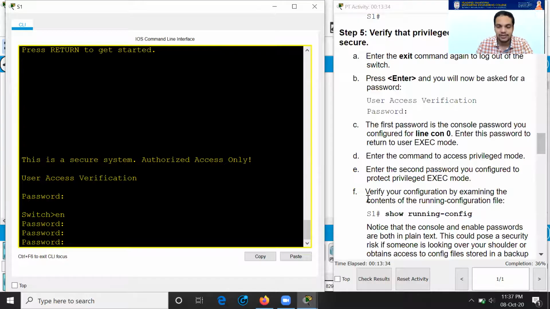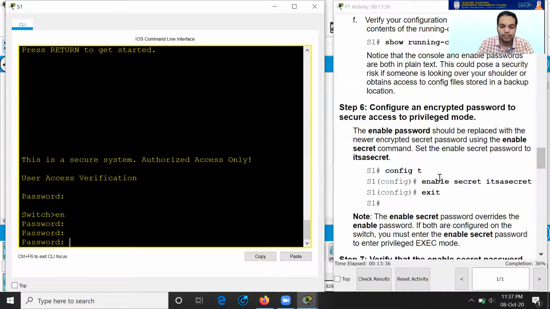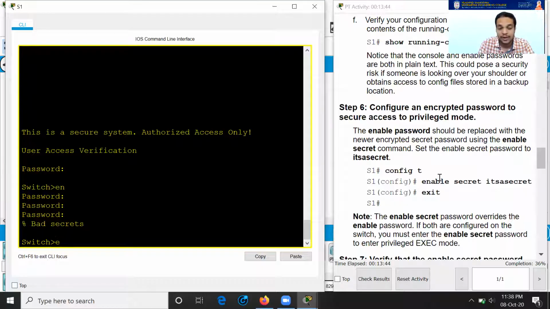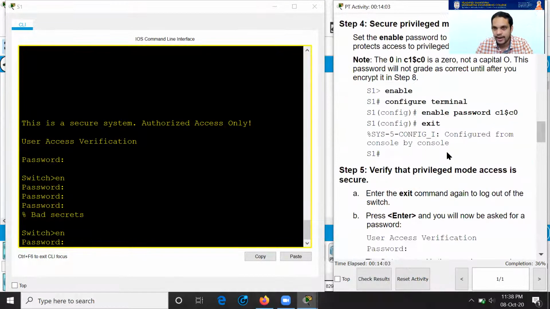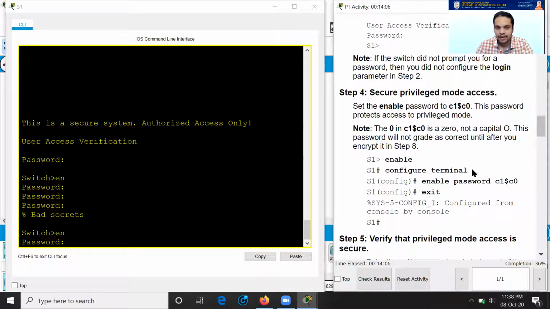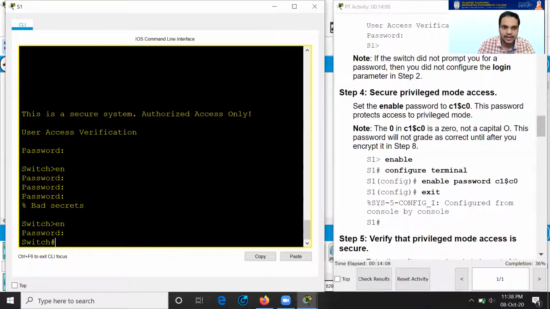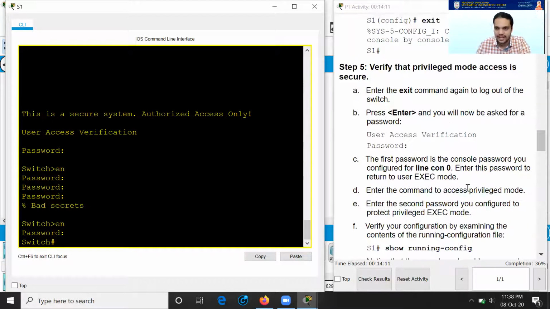No. See, this is what I was confused about. I'm giving the old password. I have to give ITSASECRET because I just told you, right? I have tried too many passwords, saying bad secrets, get lost, try again. If you guess what the password is that we have to enter here, I just told you. When you typed in the enable secret command, it says secret. This particular command has made the earlier command void. So this is no longer possible. You have to go for it's a secret only. See, now it's working.